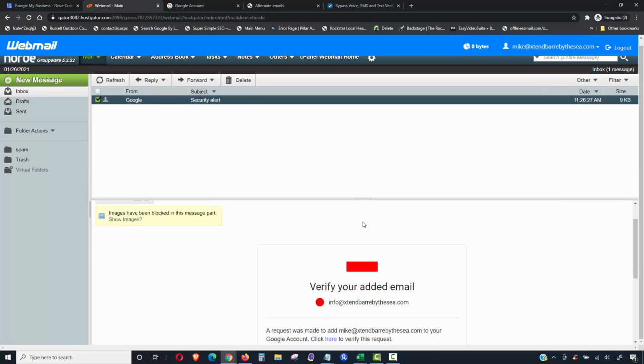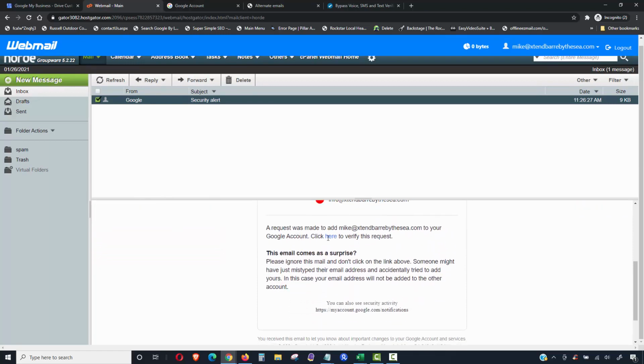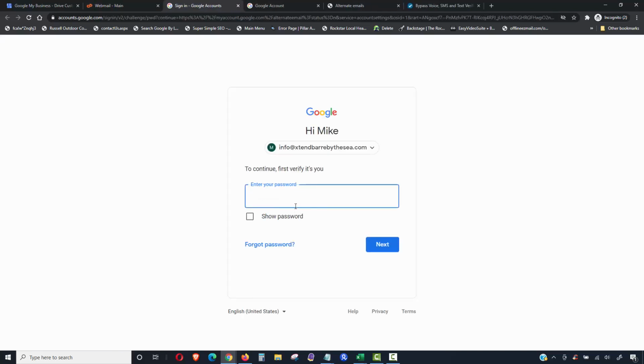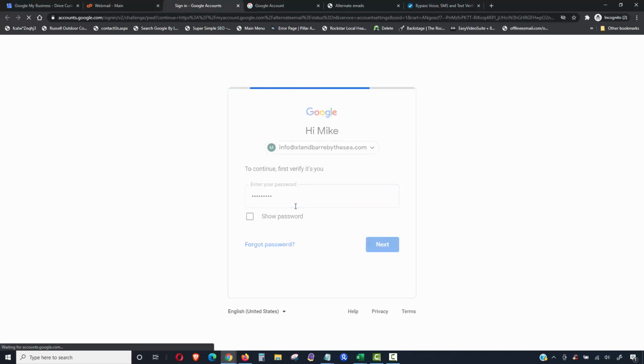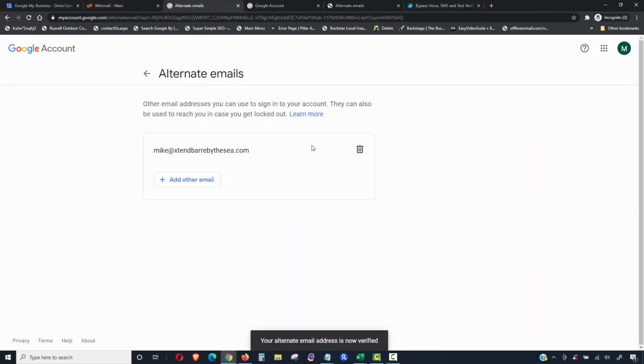So now you're going to get a security alert email. Okay, a request was made to add Mike at domain to your Google account. Click here to verify the request. I'll go ahead and click there. All right, so again, I'm going to have to put my password in. Complicated stuff, right? So now I've added a domain-based email with the first name matching the account holder. Just to recap,